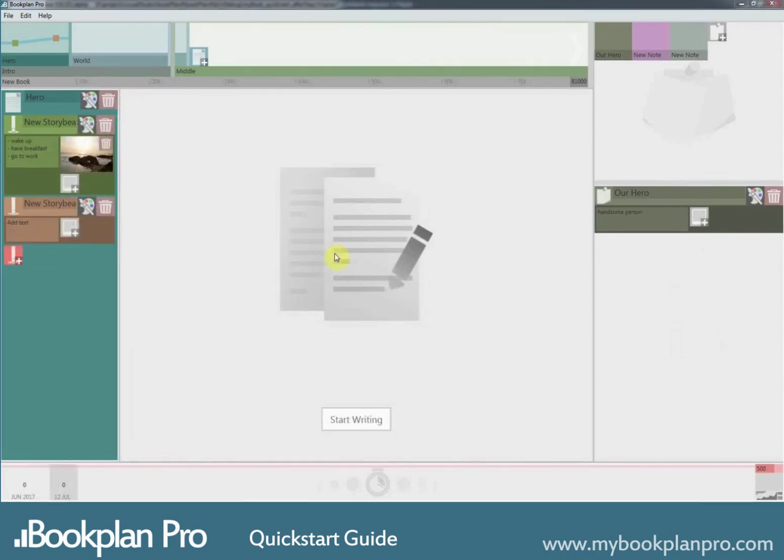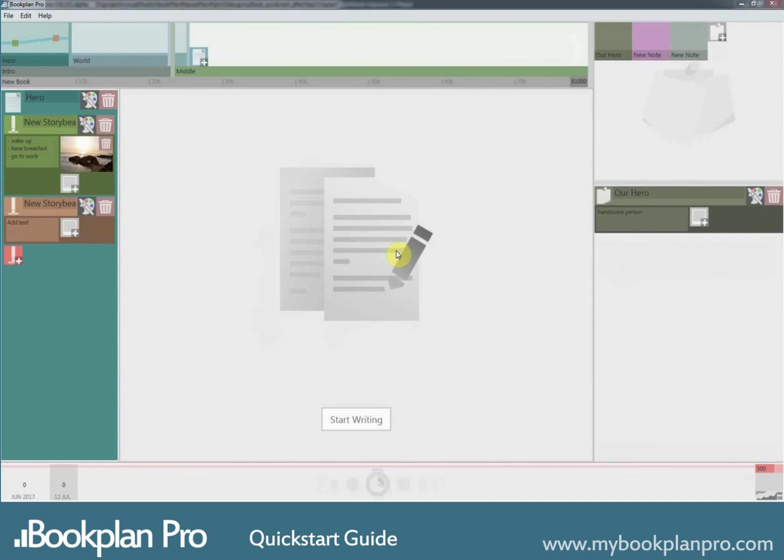All of these controls are here to help you plan your book, to make sure that you have everything in place, your world makes sense, and your story works as a big picture structure before you start writing away at it. And all of these controls are also there to support you throughout the writing process, to help you keep track of what you should be writing, to help your story along without losing sight of your long-term objectives and your master plan. And that brings us finally to the control that you'll be spending most of your time in,